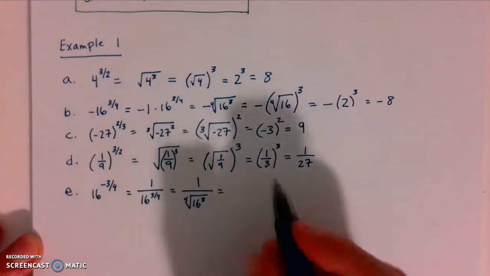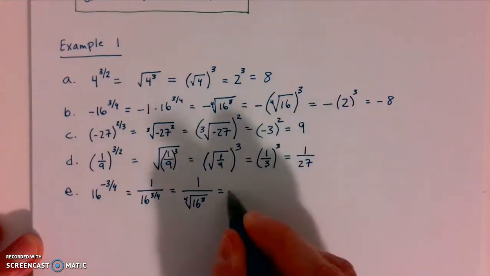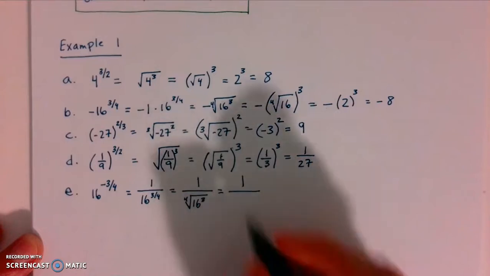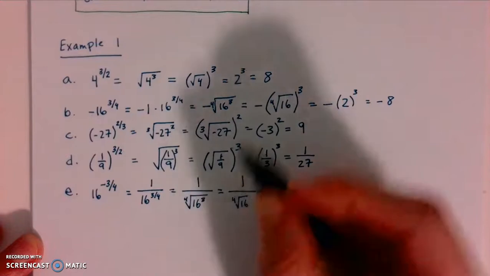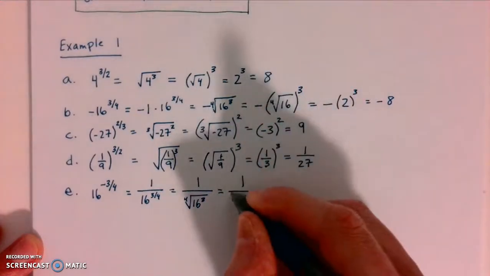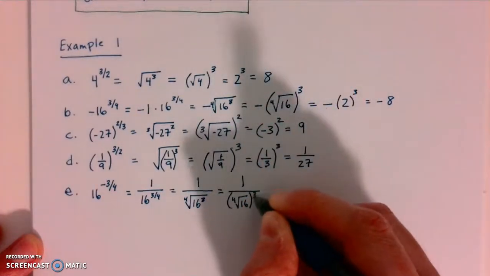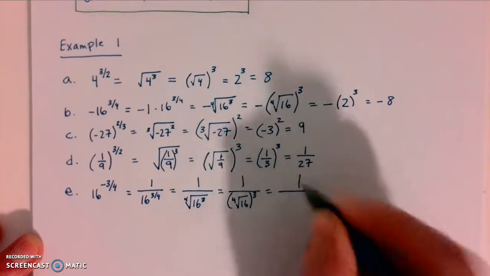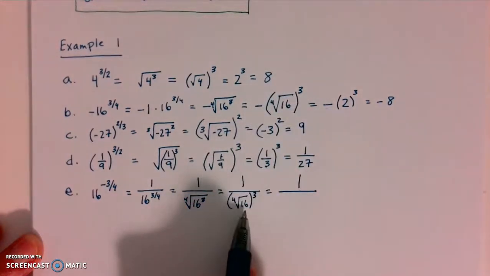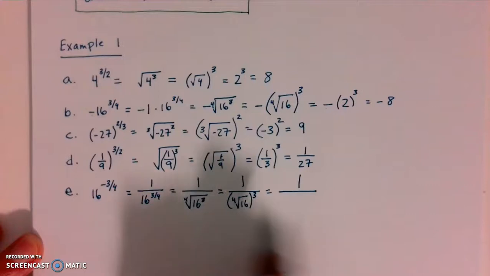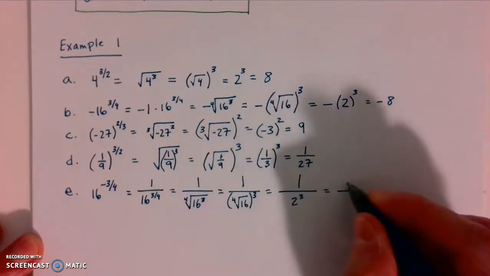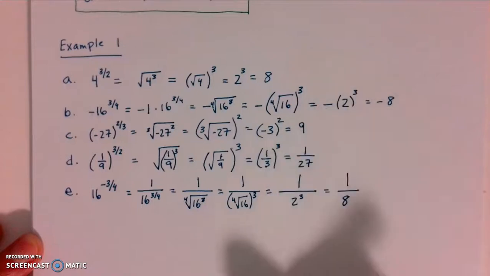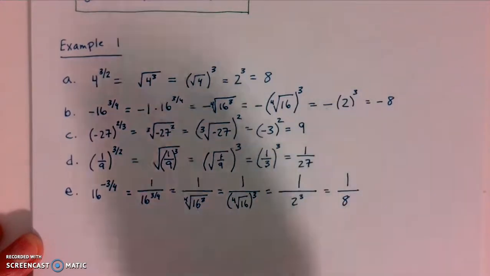Well, hopefully this seems familiar because we just solved it up here. Let's go through it one more time. So I'm going to do the 4th root of 16. I'm still going to use that rule up above. I'm going to solve that first and then cube it. So the 4th root of 16 is 2, and 2 cubed, I'll rewrite that here, 2 cubed is 8. So our final answer for this one is 1